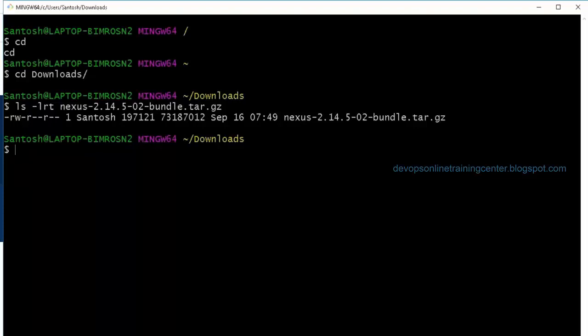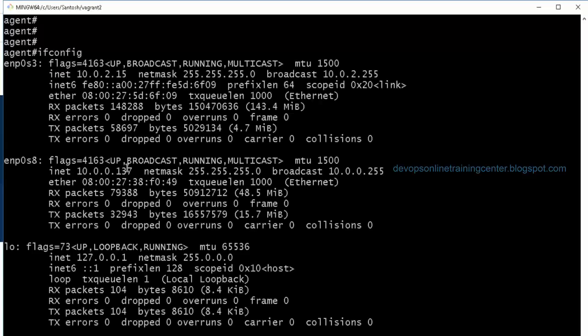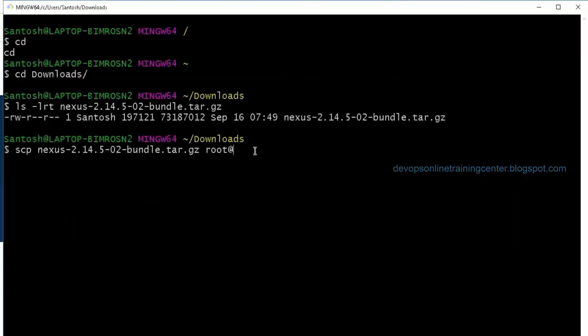Using SCP from the laptop. SCP, then the file name, username at agent. Let me get the IP. Then just enter the directory.